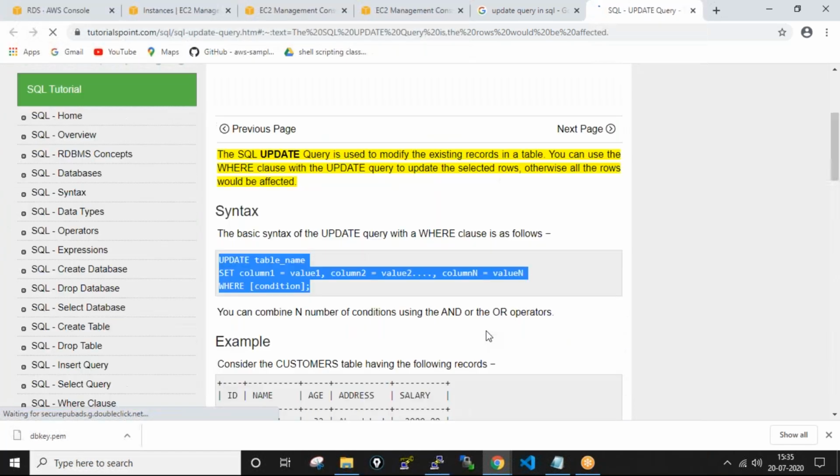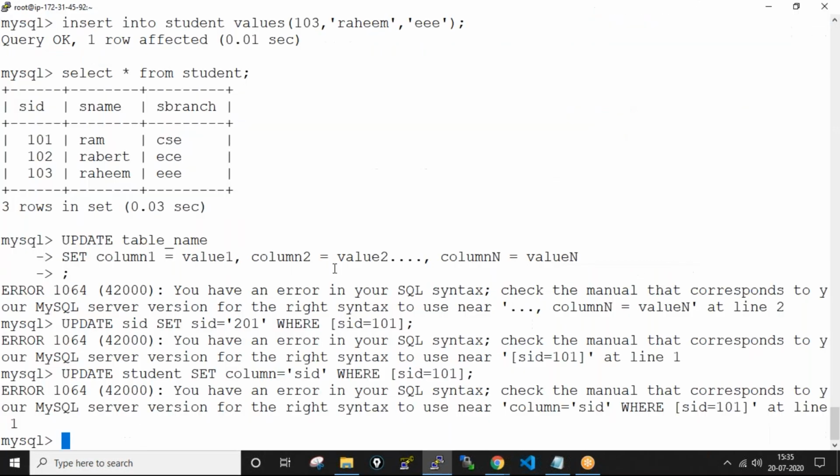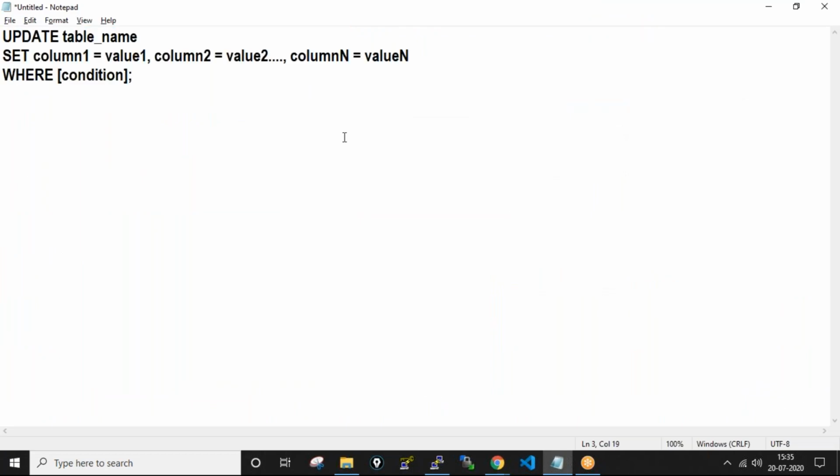We will execute the same one here. So the condition. We will update the same name here. So update the table name. The table name we have is student. Set column 1 equals to value 2, where SID equals to 101.